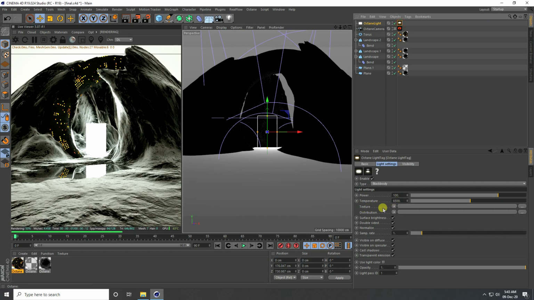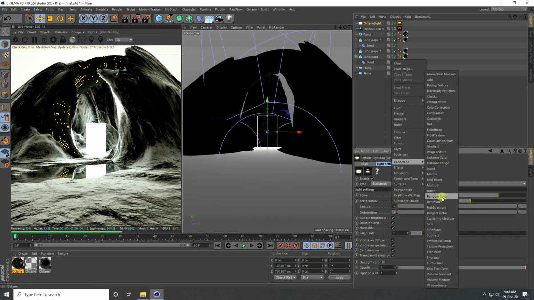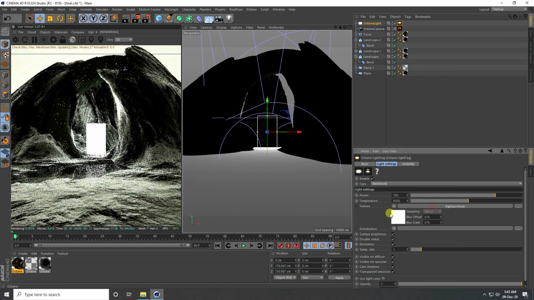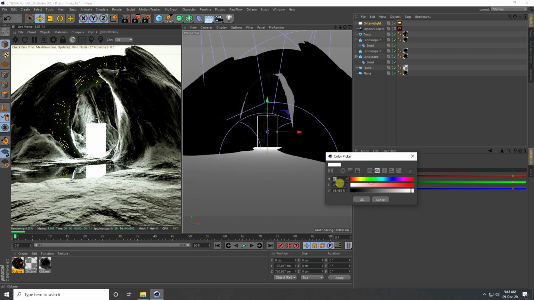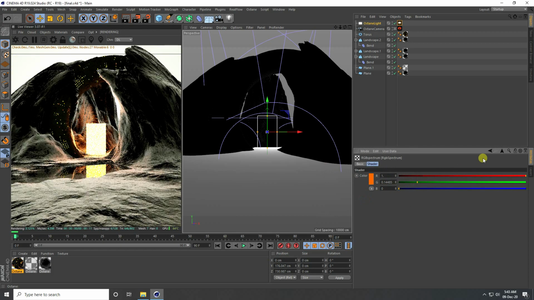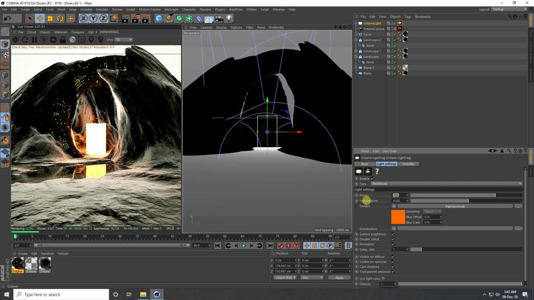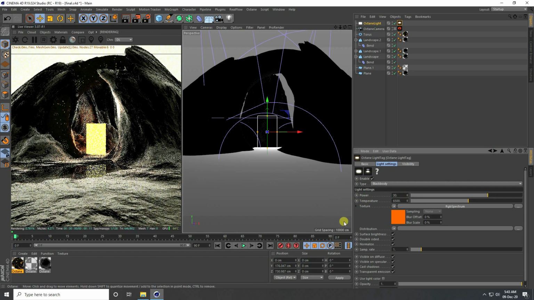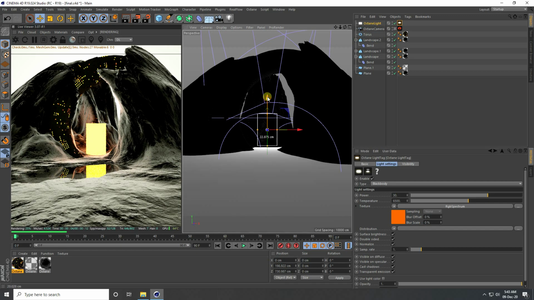So go to here and texture, guys use RGB spectrum, and guys the color I take like orange. I like orange color. Yeah. And power, guys, power I take like 30. Yeah, power 30. And guys, light height increase.